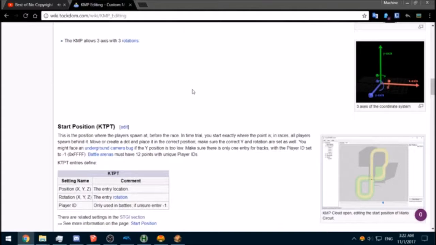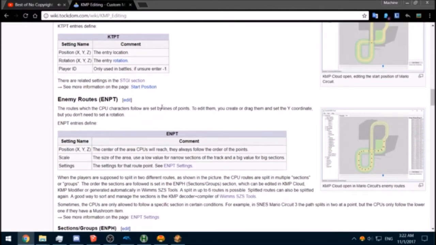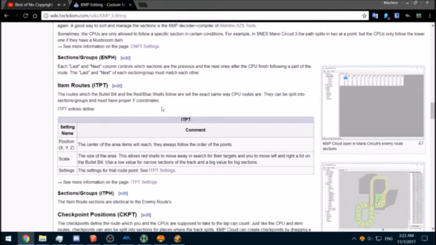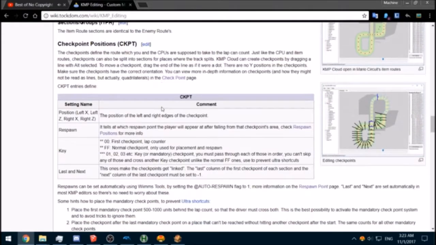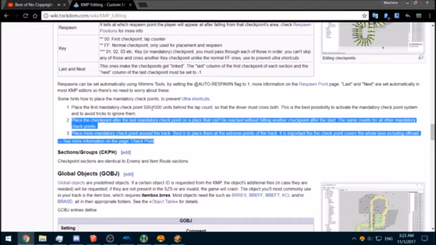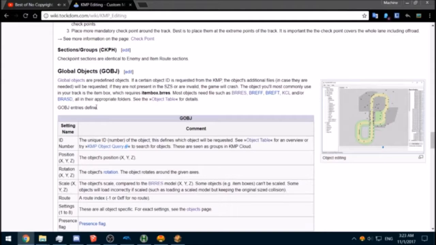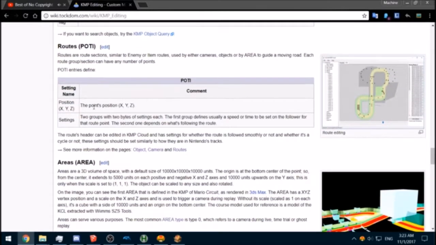And it will have all of this information for you. And the KMP is probably the trickiest part of making a course. But it's actually not that bad. You just have to learn all this stuff. Just read it all and absorb it like a sponge.